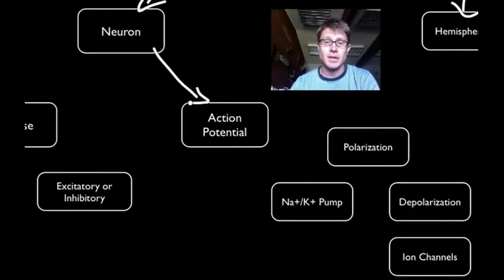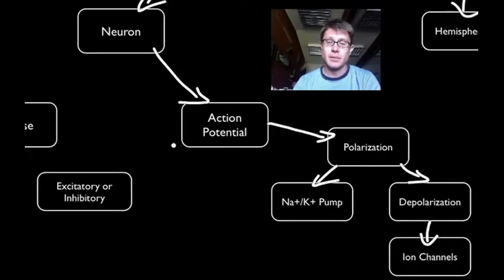Neurons can send messages. Those are called action potentials. Action potentials work by polarizing a cell, in this case, the neuron. They set up this polarization through the sodium-potassium pump. If you remember, that's a form of active transport. And then when they depolarize it by opening up these ion channels, then we can send a message down the